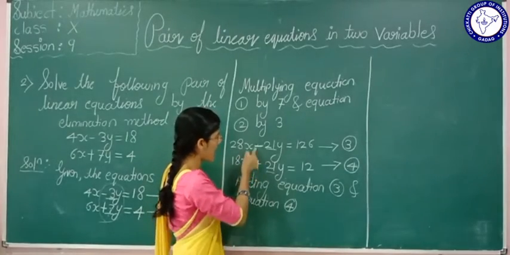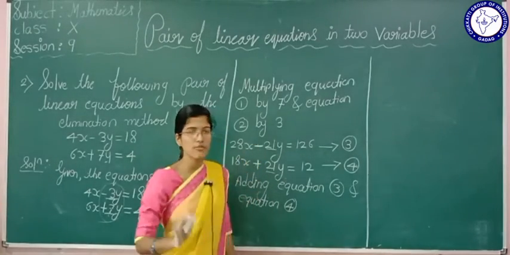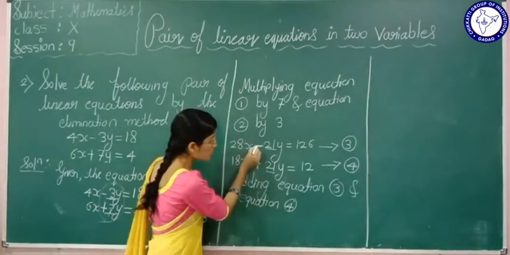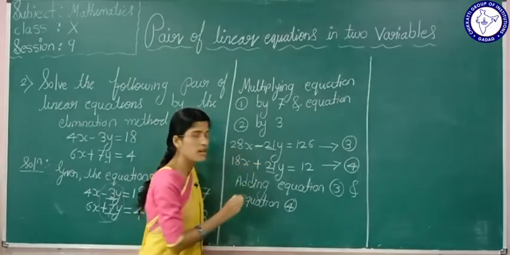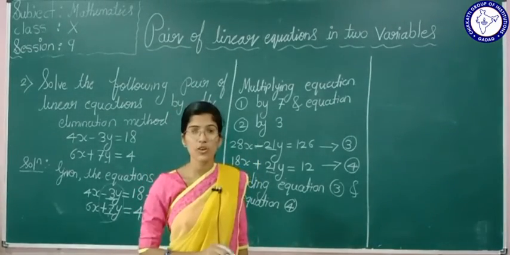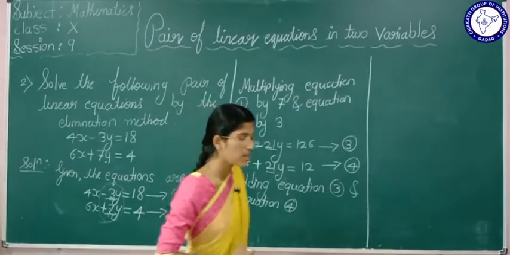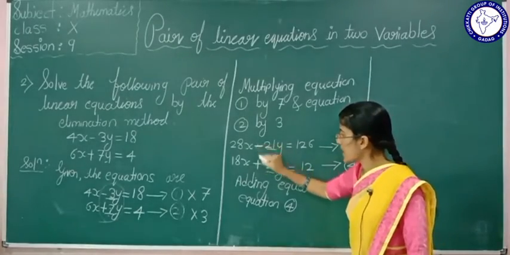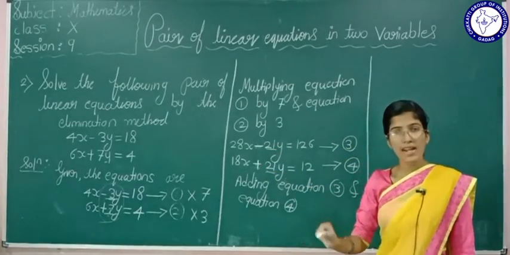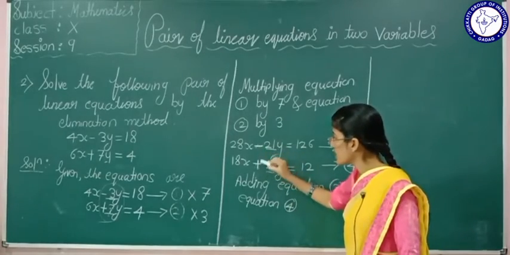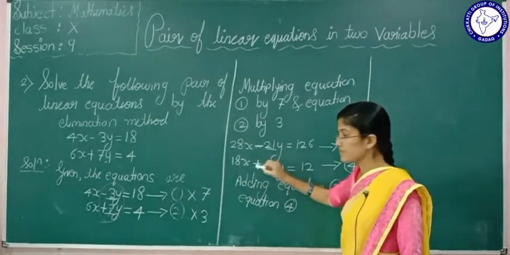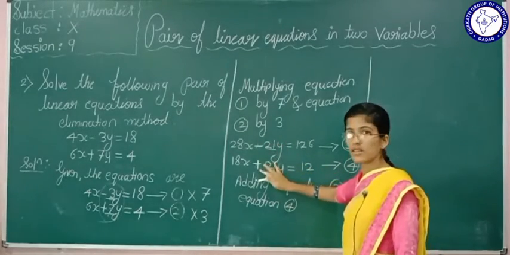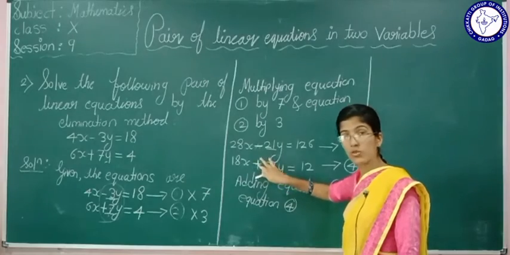If here it has opposite signs, definitely you add that. Suppose if you have same signs here, subtract that. Is it not easy? I give you a very easy hint here. Your work will be easier. If opposite signs are there, you add that. If same signs are there, you subtract it.